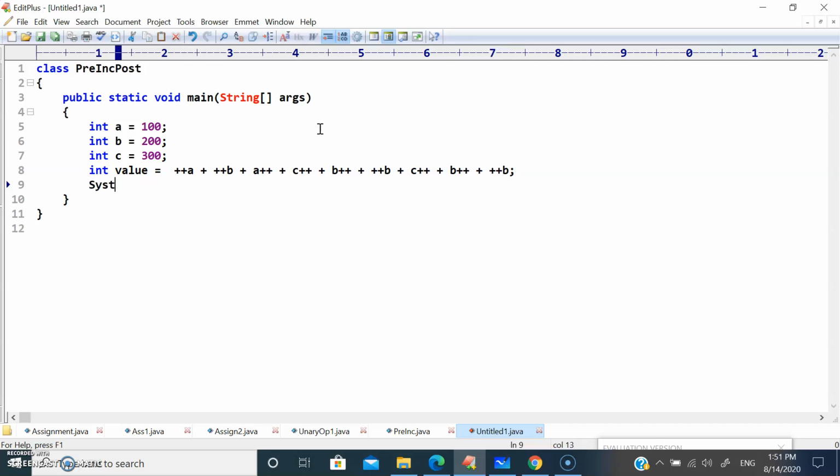So let me print the value of value over here, System.out.println(value). So let's take the first, the A value was 100, B value was 200 and C value was 300.